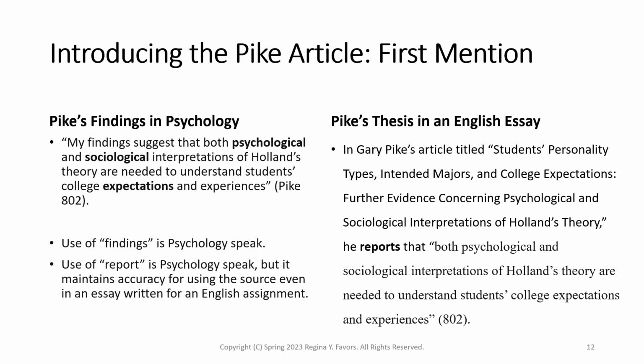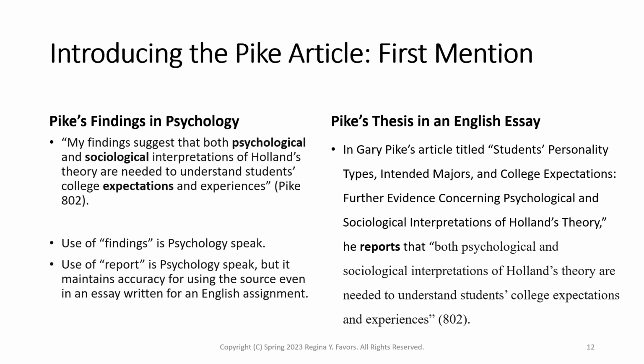And I need to see this in your papers. I need to know that you know what the author's thesis is. So in Gary Pike's article titled Students' Personality Types, Intended Majors, and College Expectations, Further Evidence Concerning Psychological and Sociological Interpretations of Holland's Theory, he reports that both psychological and sociological interpretations of Holland's theory are needed to understand students' college expectations and experiences. So you see at the end, 802,